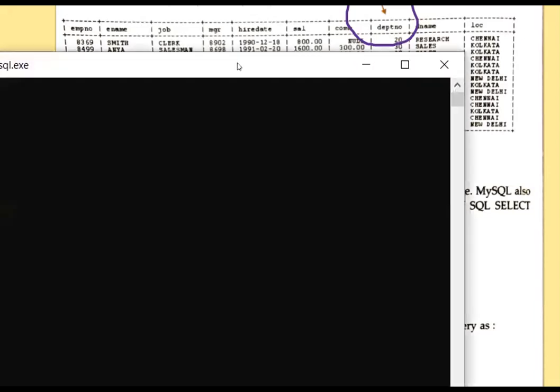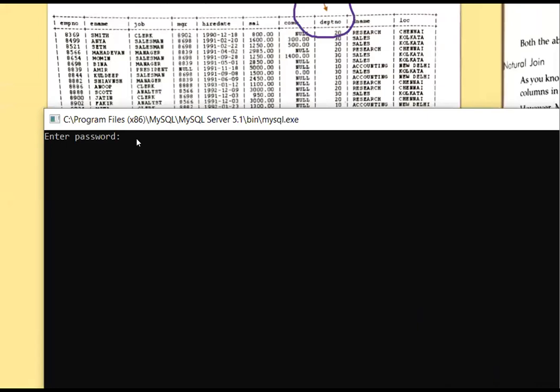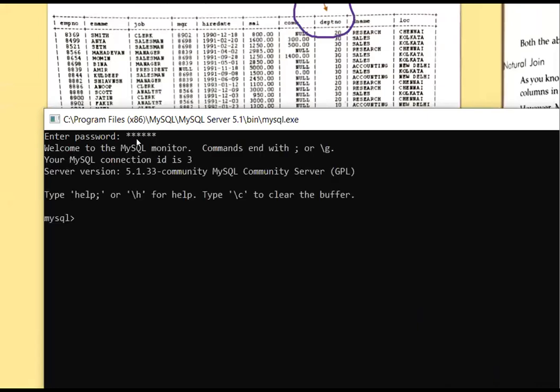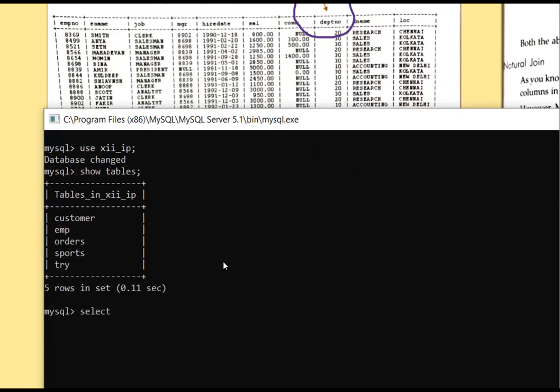For example, we will cross check this one by one so that at least we understand how it is working. Suppose I'm using the database. Yesterday we also discussed two tables. I think one was EMP. We will cross check.